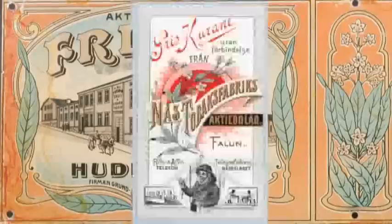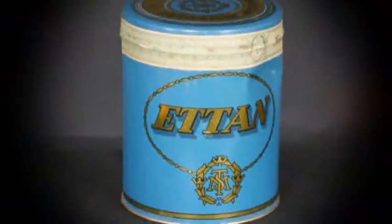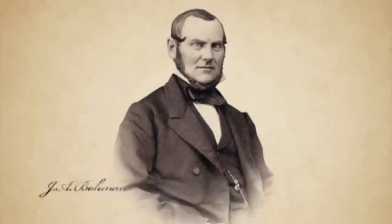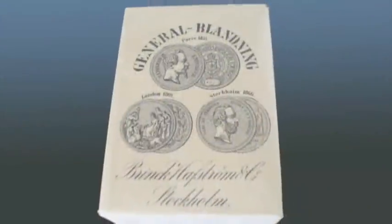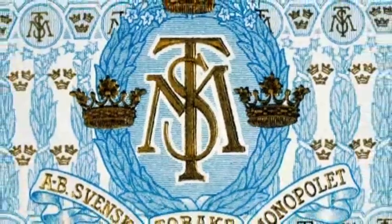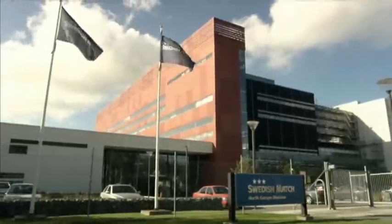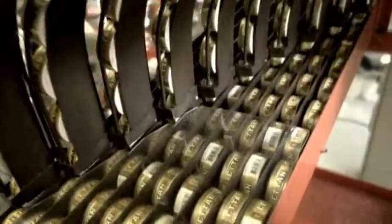Swedish snus manufacturing had its big breakthrough in 1822. The man known as the father of snus, Jacob Friedrich Ljunglöf, revolutionized the process with his #1 or Etan blend. J.A. Boman, the man behind General, also turned his brand into a household name. By 1915, Sweden had formed a tobacco monopoly, which eventually became Swedish Match, home to both Etan and General brands